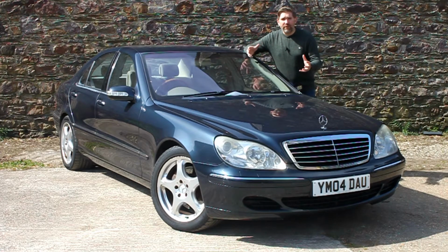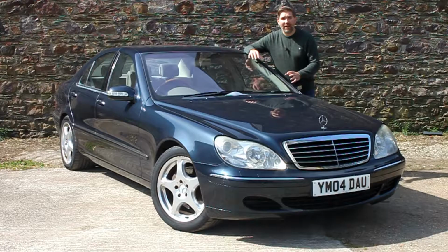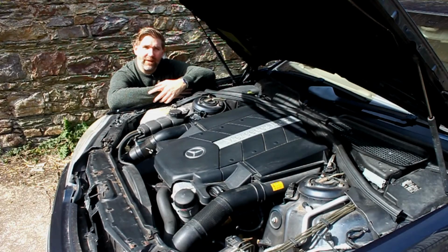Mercedes-Benz also launched the first official S-Class AMG badged car in the W220, delivering the very powerful S55 with its 493 brake horsepower, 5.4 litre supercharged engine, and later the S65 AMG came along in W220 form. And in 2002, they launched their 4MATIC four-wheel drive system. Not that we were going to experience the traction benefits here in Britain, as manufacturing the car in right-hand drive was deemed impossible. The W220 was unveiled at the Paris Motor Show in 1998